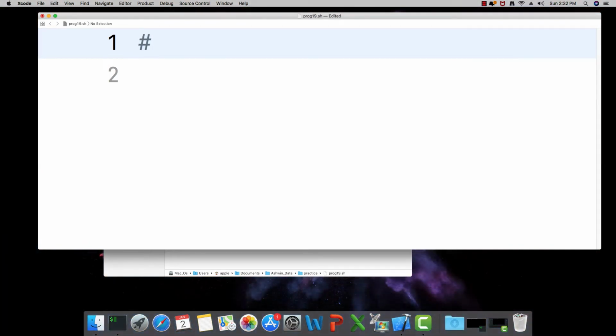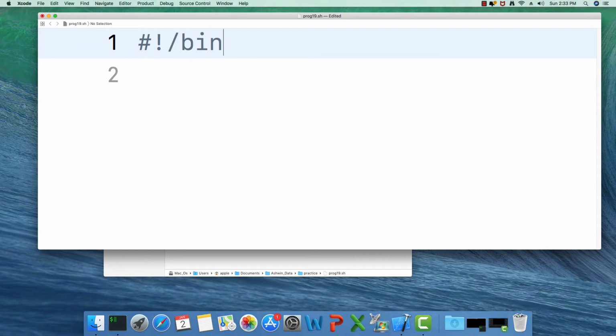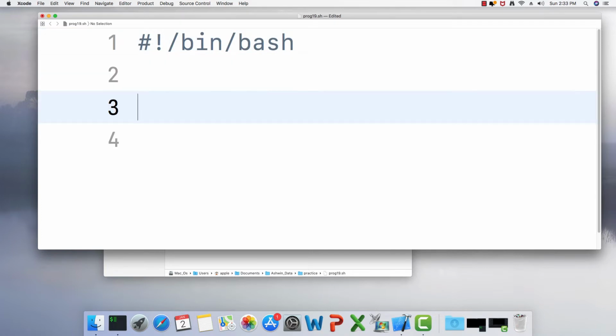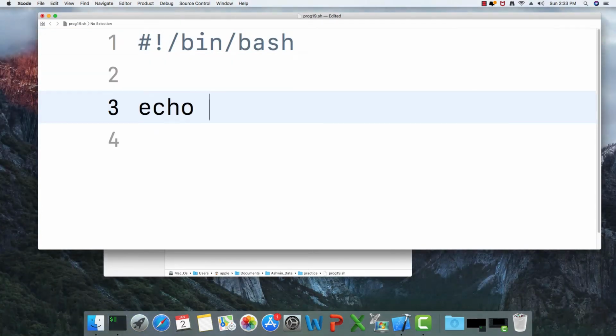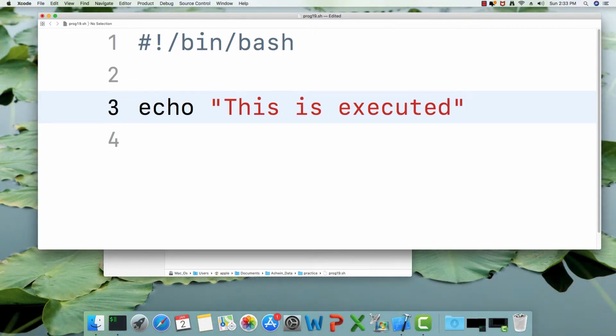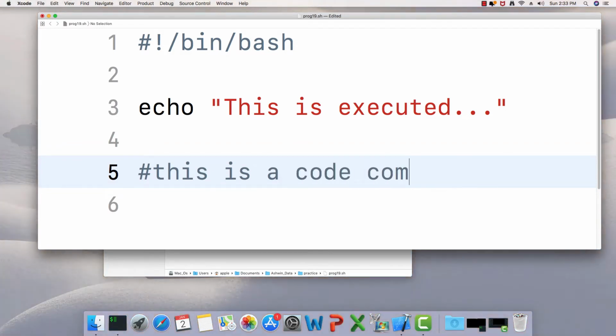So the very first thing that we need to see is the comment in the code. So bin bash, echo, this is executed, and this is a code comment.